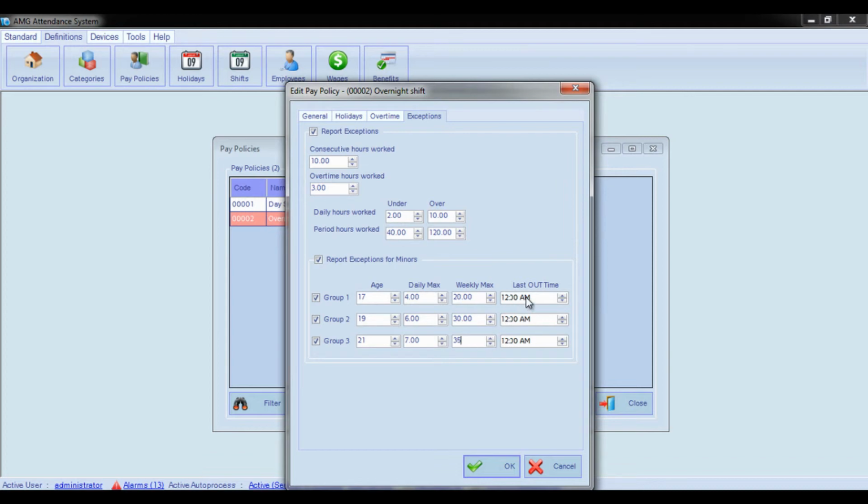In last out time field, enter maximum out time for each group of minors. Working after last out time will be considered as an exception, and the employee will be included in the last out time exception for minors report. For example, the following configuration of first group of minors means that employee under age 17 should not work more than 4 hours daily, should not work more than 20 hours weekly, and should not finish work later than 4